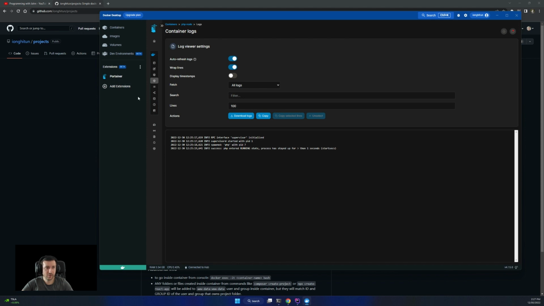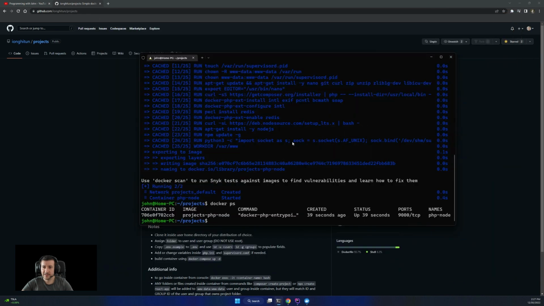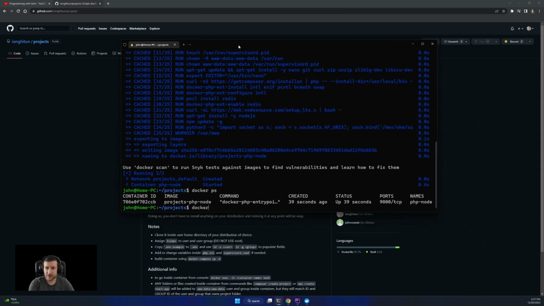And like this, we have everything up and running. The last bit is what can we do from here? Well, we can execute into the container. To do that, there is the docker exec command, then dash interactive and TTY, so it's -it, and then the container name, in my case php-node, and then the shell I want to use, bash.